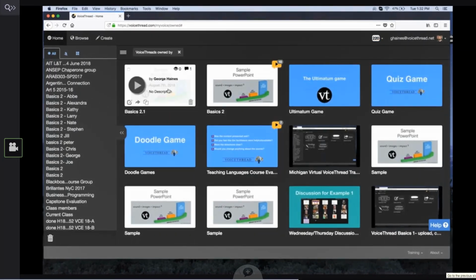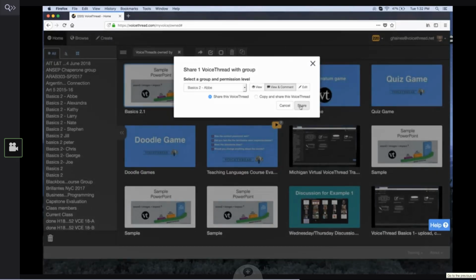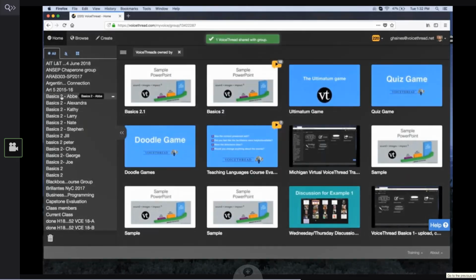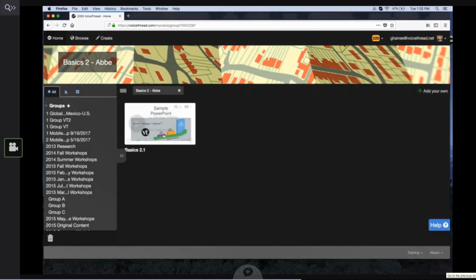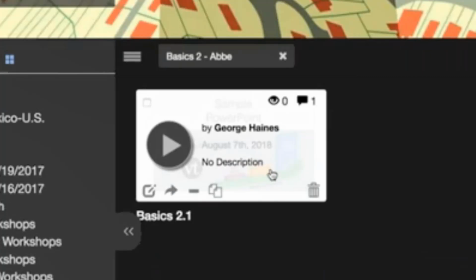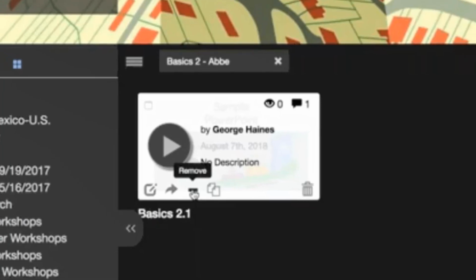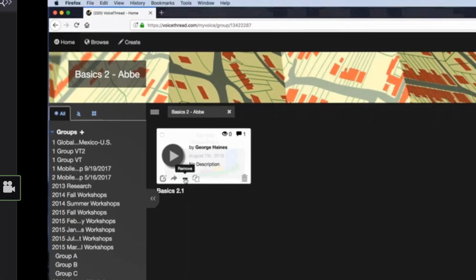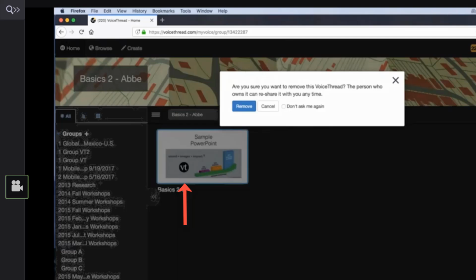All right, now let me share this one with Abby. So once again, view and comment, I click share. And if I go into the group, you'll see that it has been shared. So from within the group, I can remove the VoiceThread also. I can go to this little minus sign when I hover over that says remove. Any of the VoiceThreads that you added to the group, you will be able to remove. If you're a student or if you're an instructor, you'll be able to remove anything from the group. So I can go up here and just click on remove,